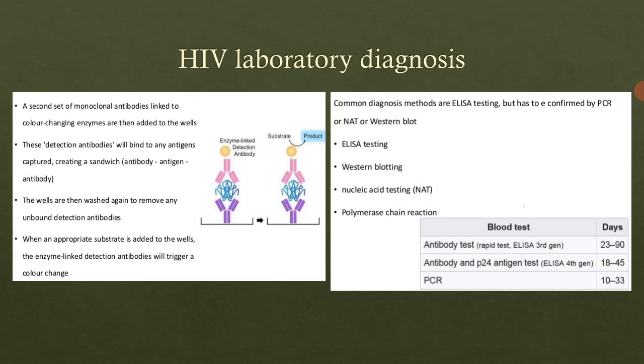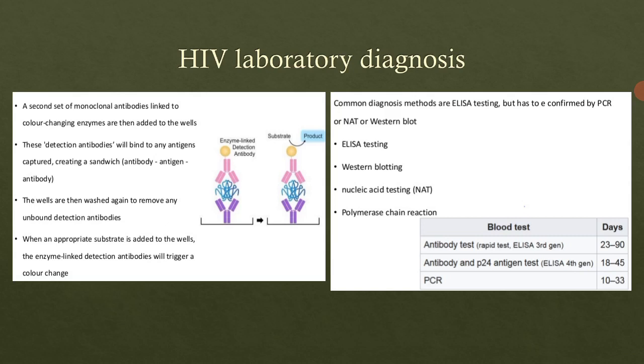right? Which means, as you can see in that picture, the enzyme-linked detection antibody will bind to that antigen-antibody complex. After that the enzyme will convert that substrate into the product, which is the color change, and with the help of this color change we can confirm the presence of the antigen in the patient sample. Now this is the ELISA test, a very important method to determine HIV infection